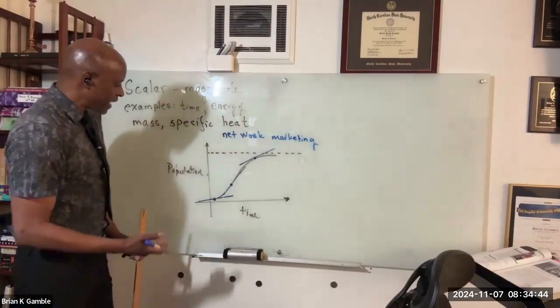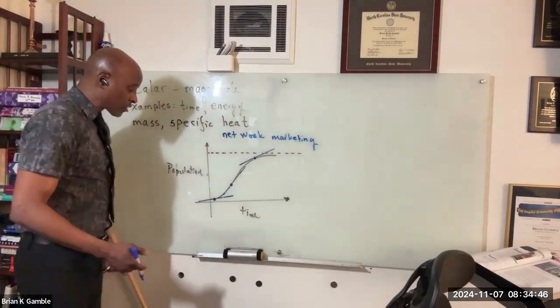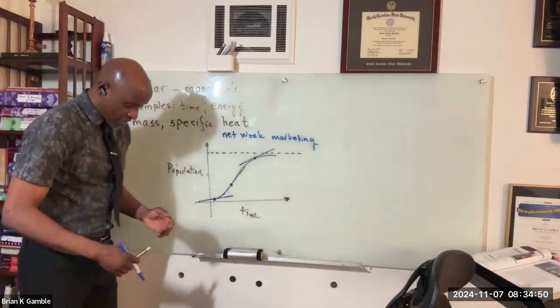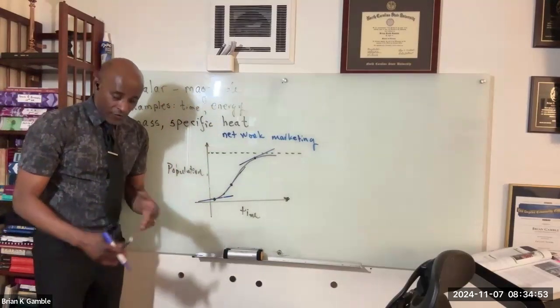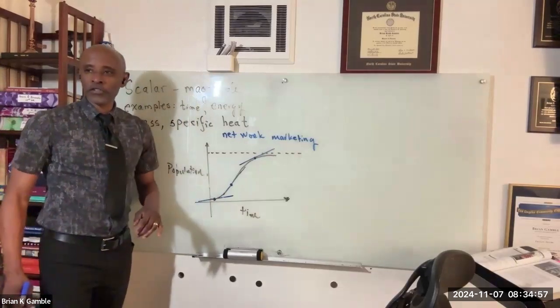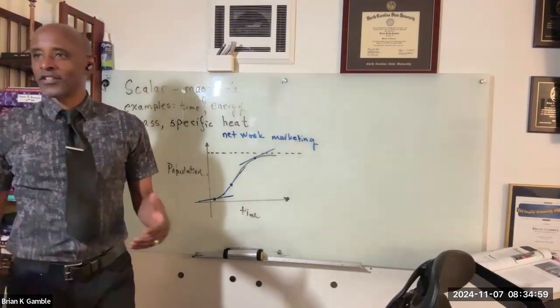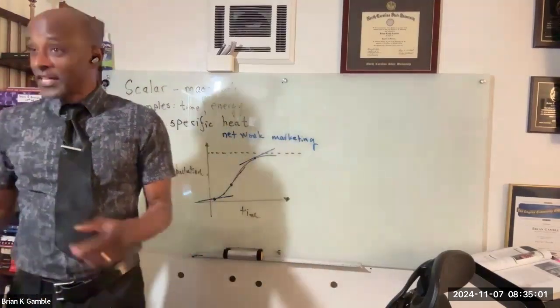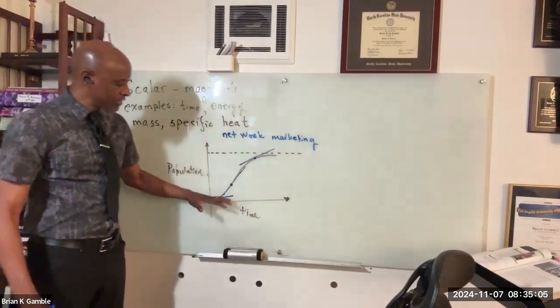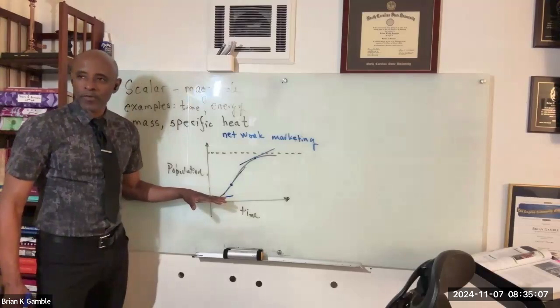But I could very easily change this to specific heat. And so it's going to measure the amount of heat energy, like for water on a stove. So it's going to measure the amount of heat energy that water takes off. Now, let's look at different regions. You've also heard the term that it's harder to start something than to get it going. That's another symmetry that we see all throughout physics, and we're seeing it here because this